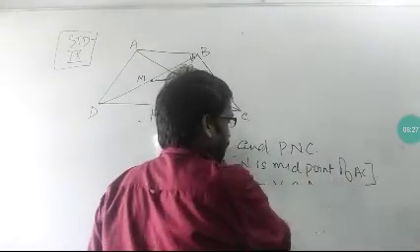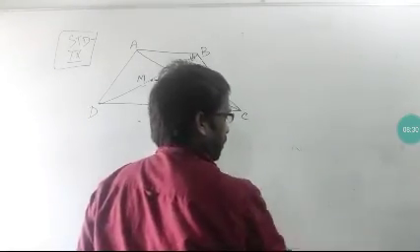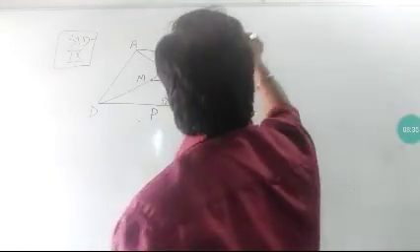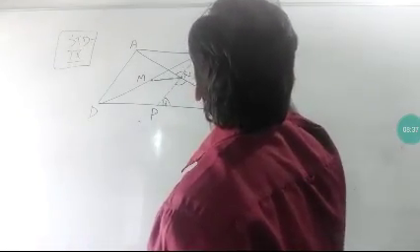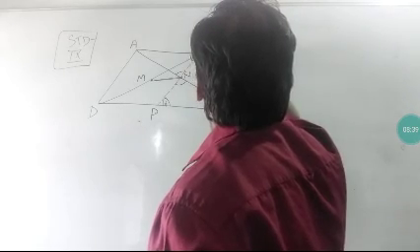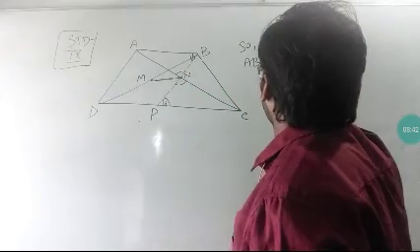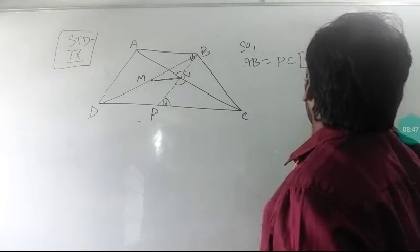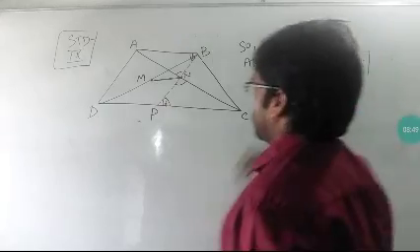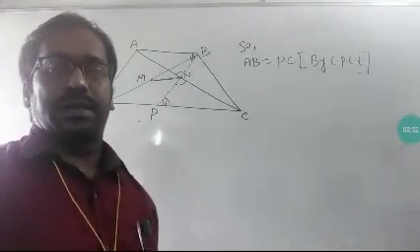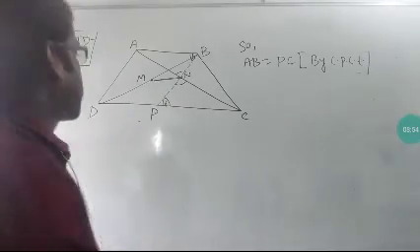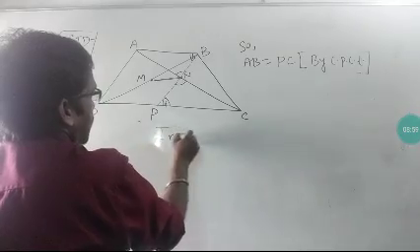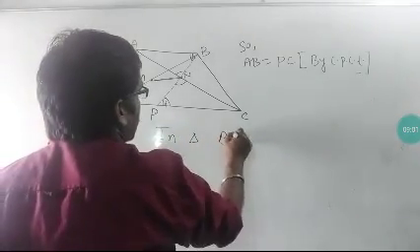Now we are going to use the midpoint theorem. See how we are going to use it. I need a triangle, and that triangle is triangle BDP. So we are going in that triangle, when AB is equal to PC, which we have just proved by the congruency. So now we are very close to our solution in triangle BDP.